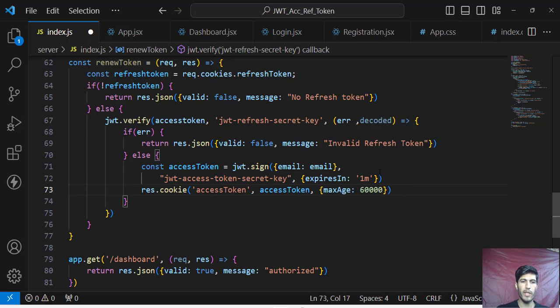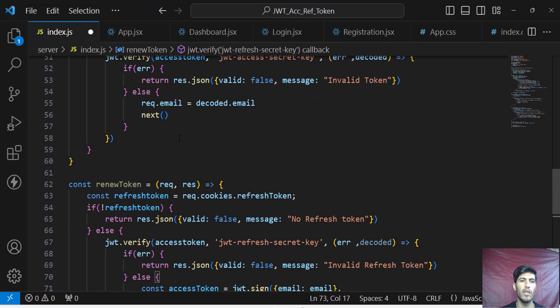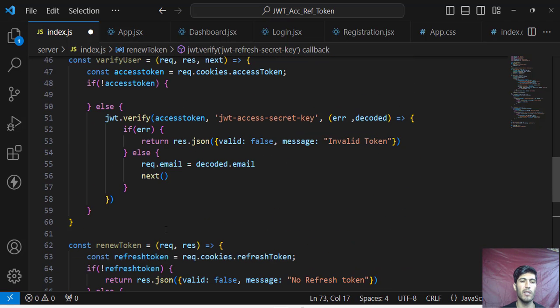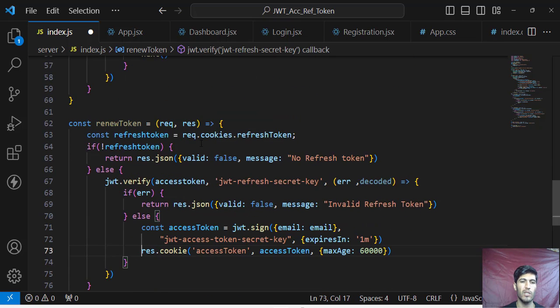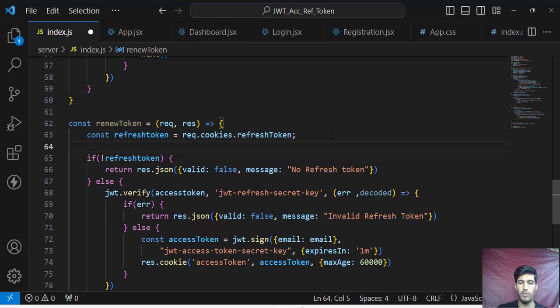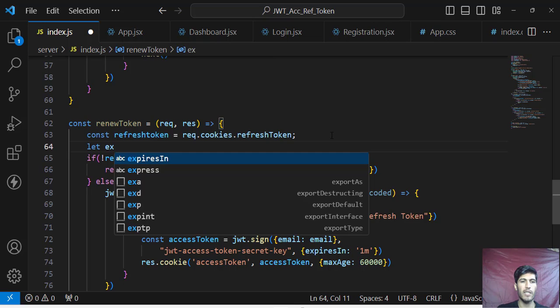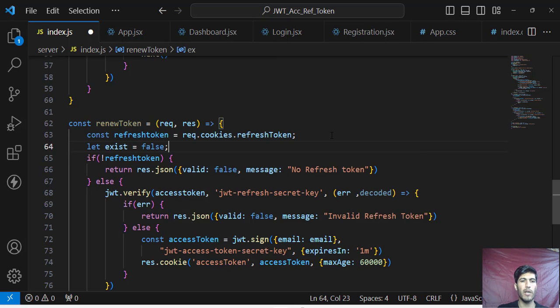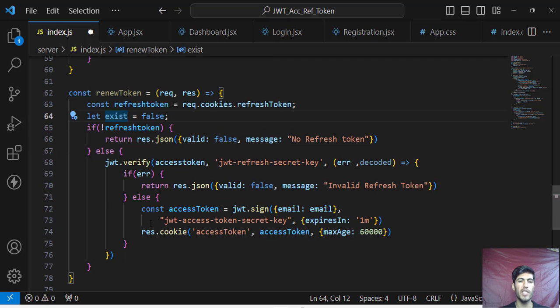After storing that inside the cookies, I will return the result back to this function, where I am calling the renew token function. So I will just create a variable here, let exist. Exist is equal to, by default, false. I will make this value true when we generate a new token. So here in the else area, I will assign exist is equal to true,